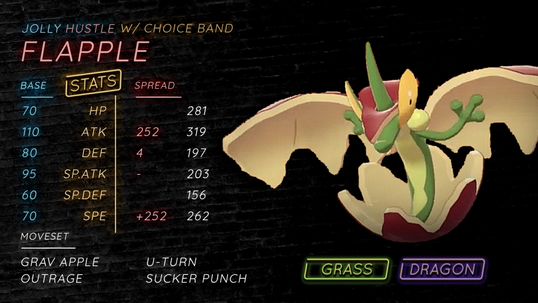So the Dragon Dance set basically gives you the strength of a Choice Band after you Dragon Dance, the freedom of a new item, and the speed of course, from the Dragon Dance itself. So the set we have is Dragon Dance, Outrage, Grav Apple, and Sucker Punch. With a Life Orb, I think a Lum Berry can work too, but I actually like a Life Orb a lot because it boosts the Sucker Punch, and I think that's very important as well for dealing with a Pokemon like